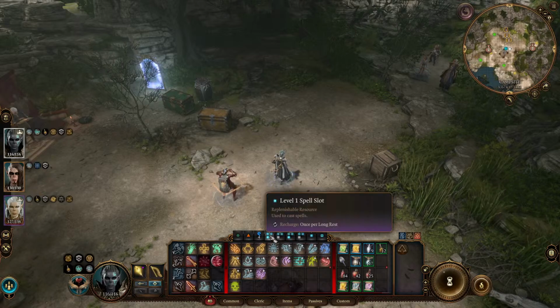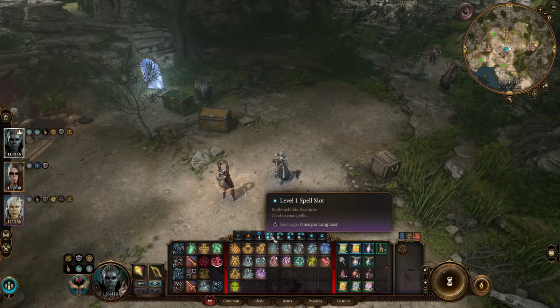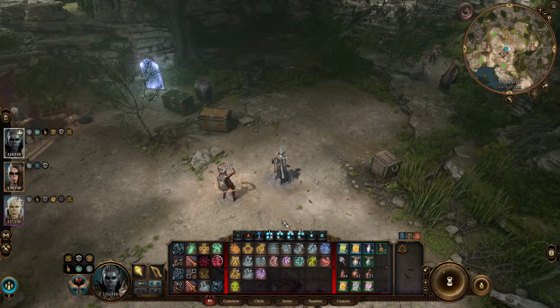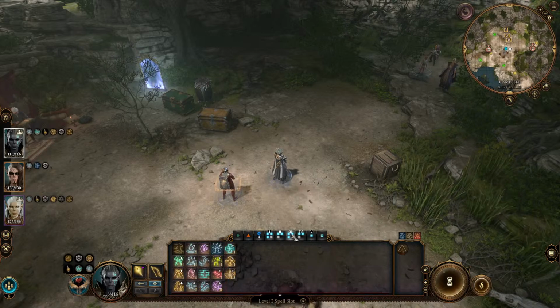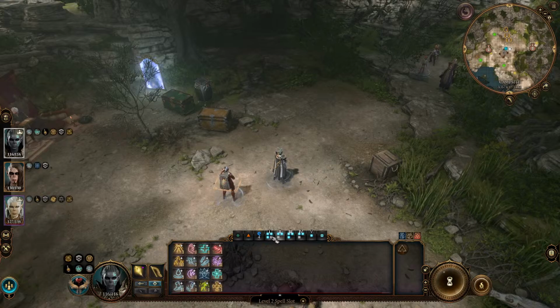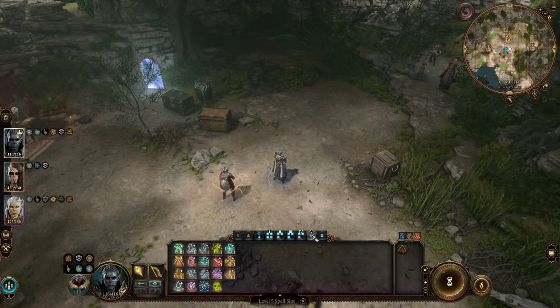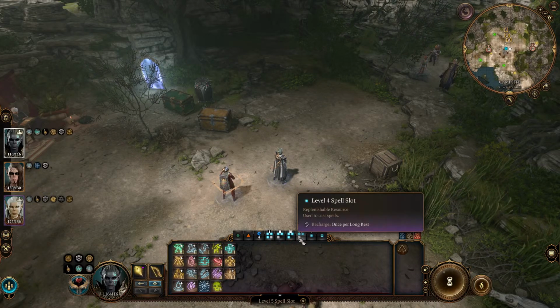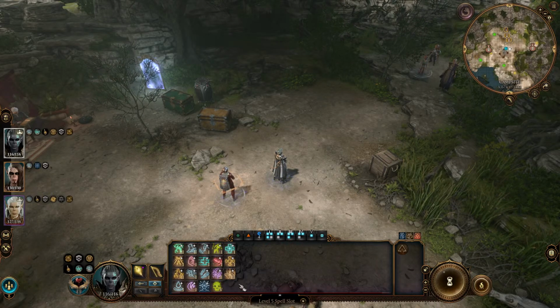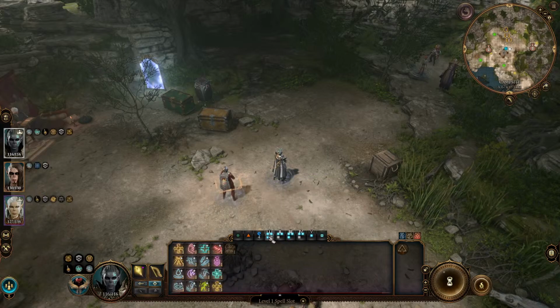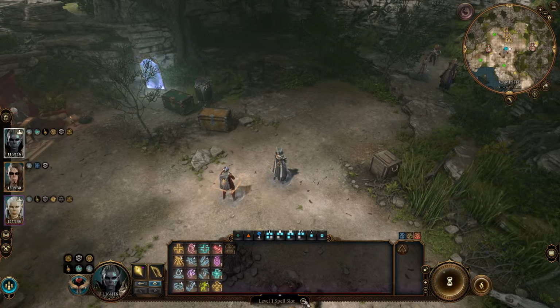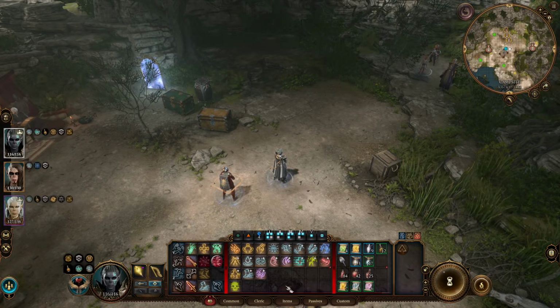I also noticed this, and I think I've seen this before. I just kind of forgot about it. But if I'm looking for a specific spell, you can click these boxes, and they'll go your first level, your second level, your third level, your fourth level, and your fifth level. I guess it's showing all the spells that you have up to that level. So it's kind of like a filter for spells as well. And of course, to get out of it, there's a little X right down here at the bottom. You just click that, and